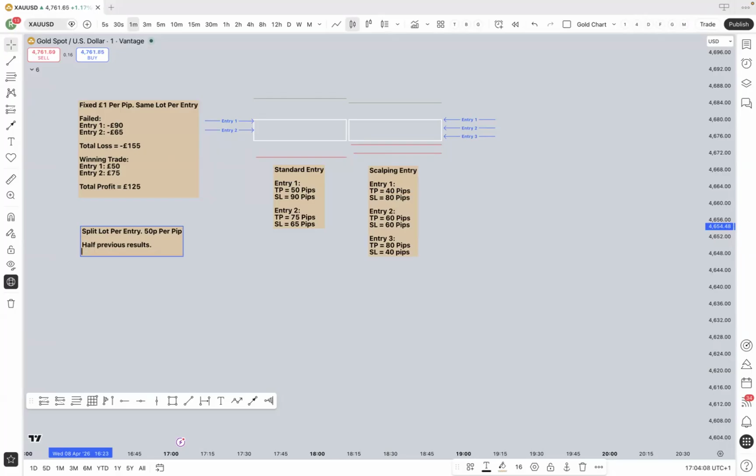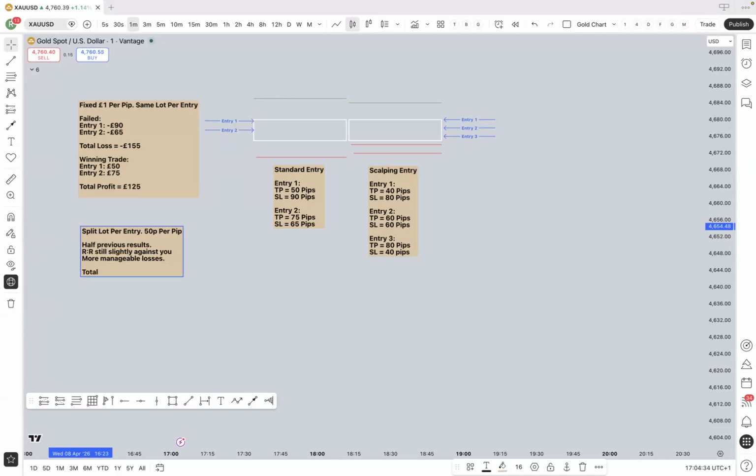So risk to reward is still slightly against you, but more manageable losses. And when I say more manageable losses, I mean psychologically that will be easier for you to handle